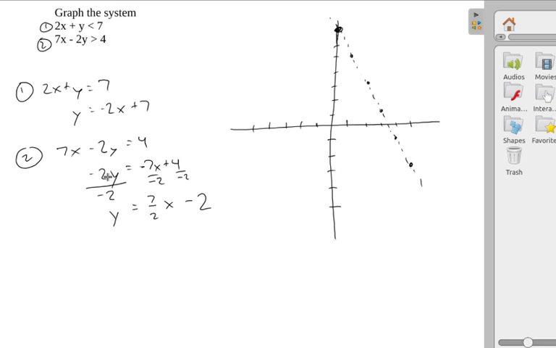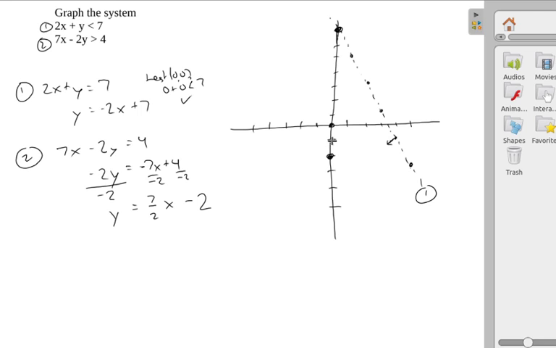And let's test the origin here. Test 0, 0. Well, I'm going with my original inequality. That says 0 plus 0 is less than 7. And that's a true statement. 0 is less than 7. So the origin satisfies this first inequality. So I'll label that as line 1, and I'm giving myself a little arrow pointed in the direction of the origin. For the second line, we have a y-intercept of negative 2 and a slope of 7/2, so I'm going